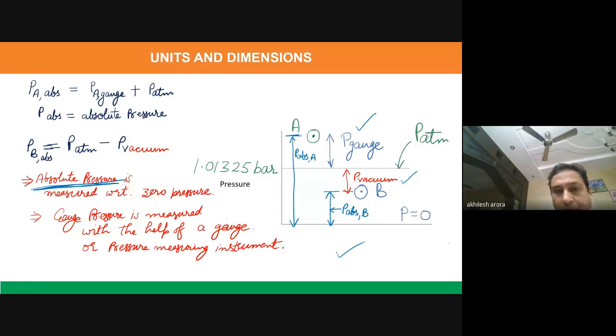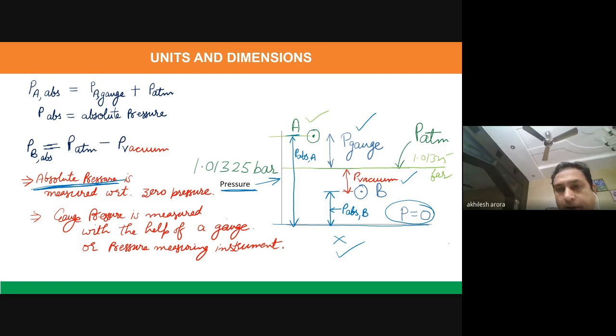You can see here I am representing pressure on the y-axis. The x-axis is not showing any parameter or physical quantity. I am just showing that this horizontal line represents a pressure value equal to 0. And this line shows the atmospheric pressure, which means this value is 1.01325 bar. Now, suppose you have a pressure above this atmospheric pressure, point A, like this,